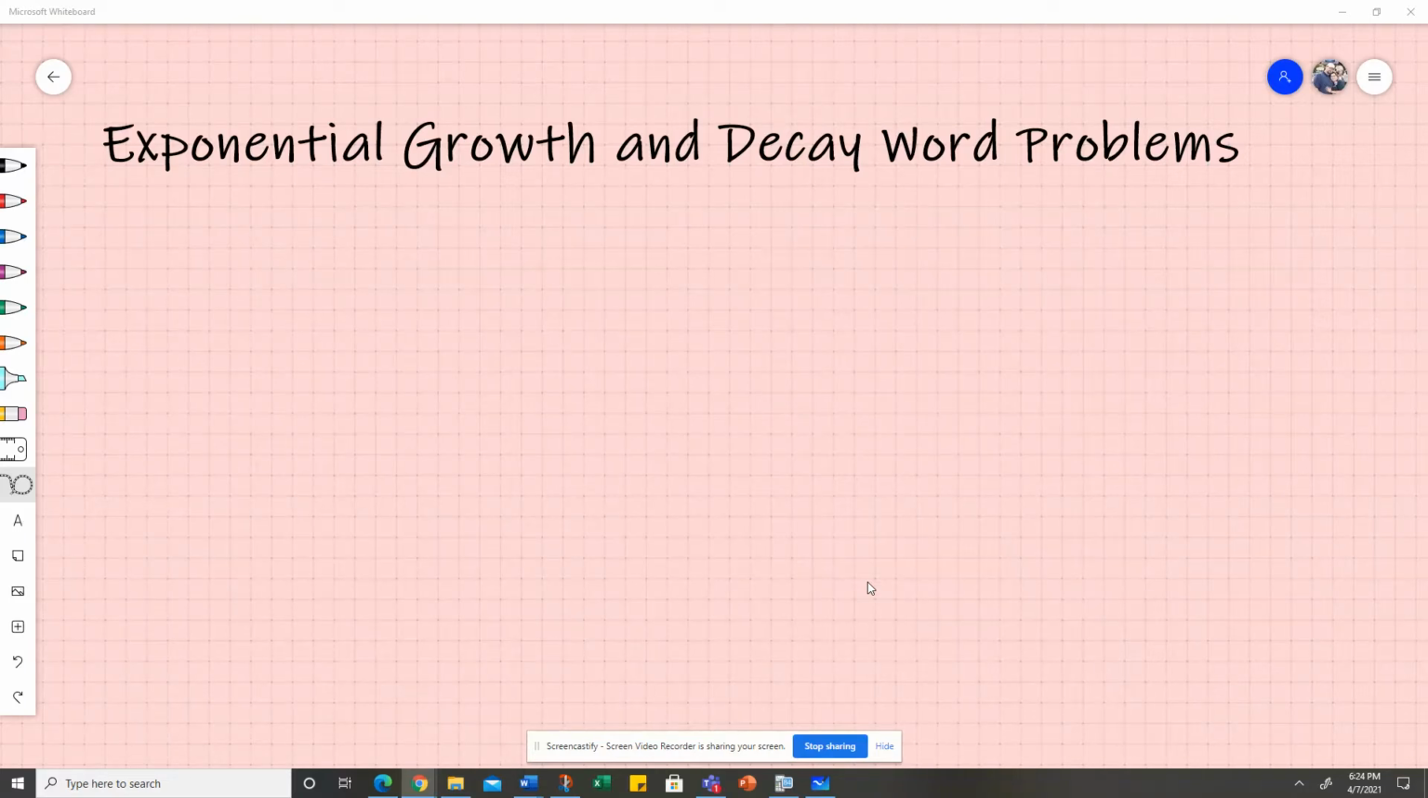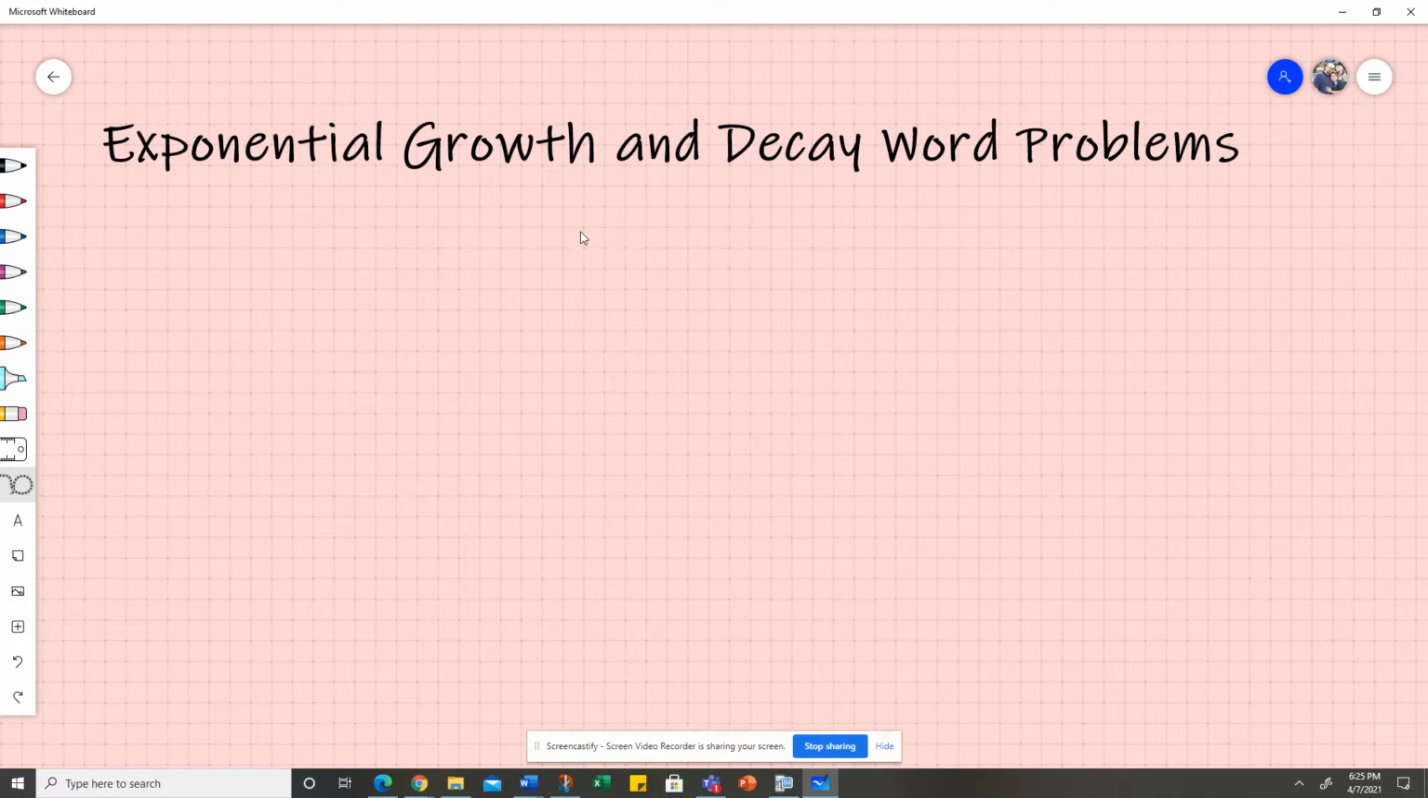Today we're talking about exponential growth and decay word problems. So we've only got a couple of examples here, but let's review exponential growth and decay functions first. If I have an exponential function, the basic setup is